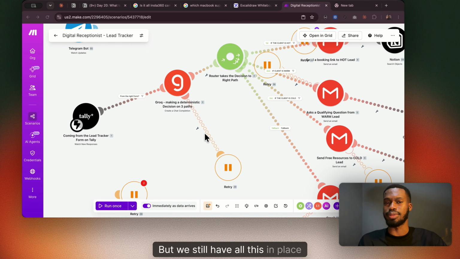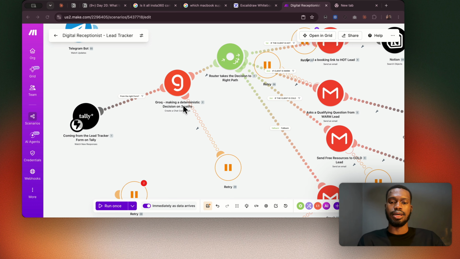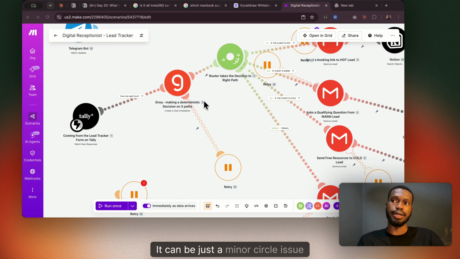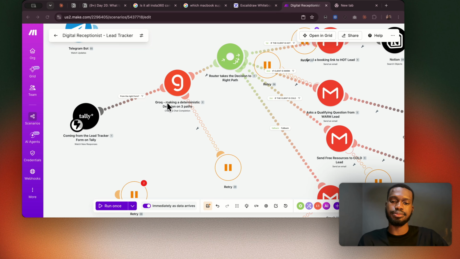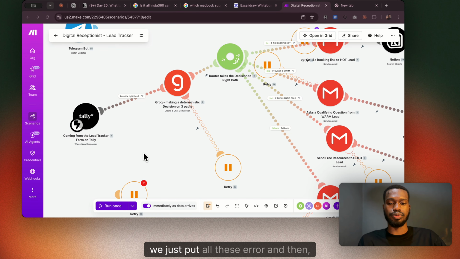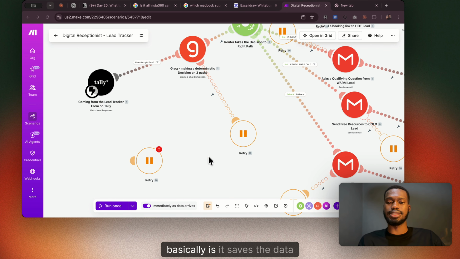But we still have all this in place, because we can't say anything can't happen. It can be just a minor server issue that might make it go off. It might be just a mistake. So to avoid all those things, we put these error handling directives in place. So when it comes to retry, I already explained that what this does basically is it saves the